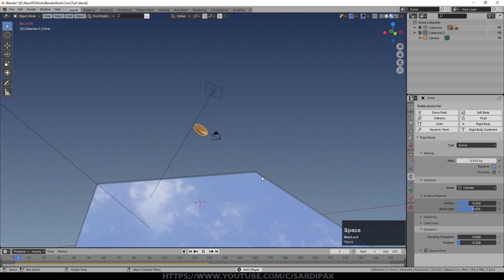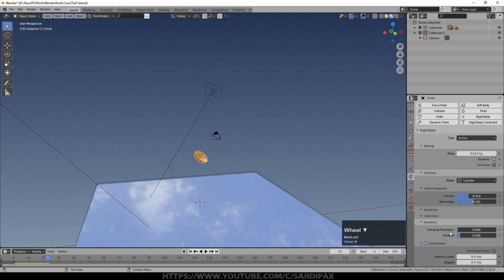Unless there's something making it rotate, this will slowly damp the rotation, and then by turning on deactivation, when it falls below this point, it will just stop. So it's useful to use both of these things, because if you don't, you can sometimes get strange effects where it continues to wobble, spin, move, jump up and down indefinitely. And it may do that anyway. Sometimes you need to move things around to get them to use the new values. I used 0.9 of a meter per second for the velocity deactivation, and I used 1 meter per second for rotation. So that's slightly higher than the default.